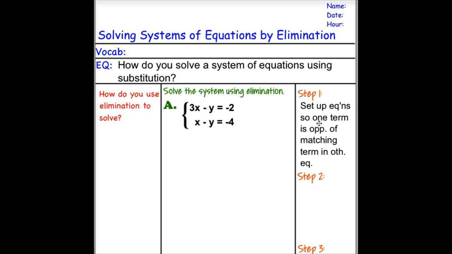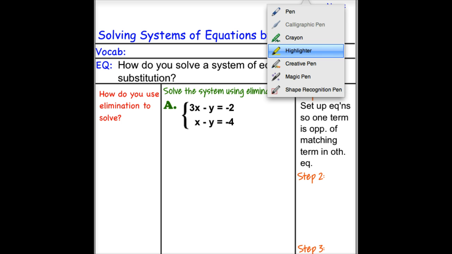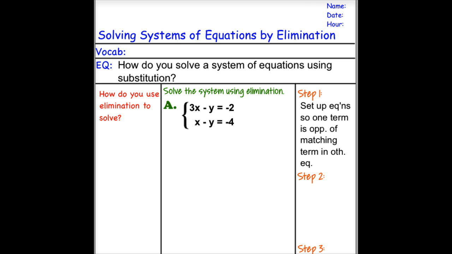And I know that sounds kind of silly, but what I'm looking at here is that I have a minus y and a minus y. I also have a 3x and an x. The minus y and the minus y are what trigger to me to be the easiest ones to work with. But I see that it's negative. And so what I'm going to do is take this one and multiply by a negative 1. And by doing that, I end up with an equation that is